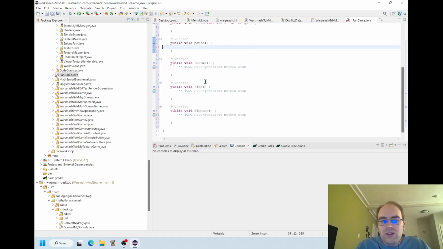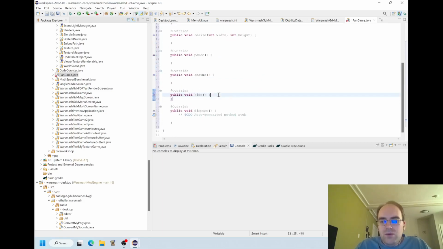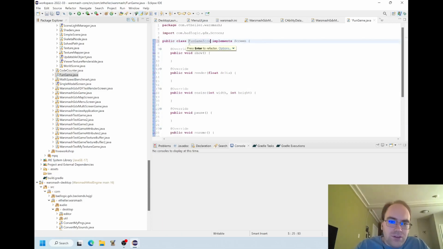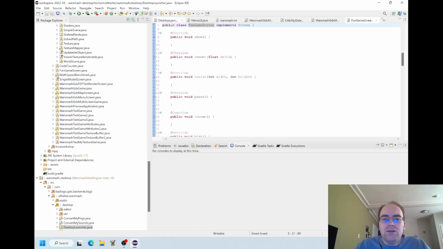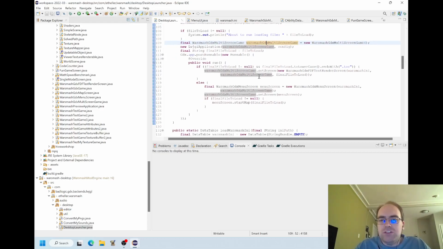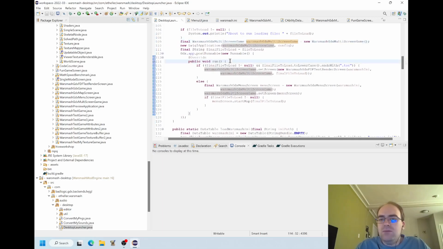So this can be a screen that I have. By default, what is a screen? Let's get this new screen called Fun Game. Let's actually call it Fun Game Screen. That makes sense. So now I have a Fun Game screen. What are we going to do with it? Well, in Desktop Launcher, the existing Warsmash creates this multi-screen game, and then it does all this complex stuff.